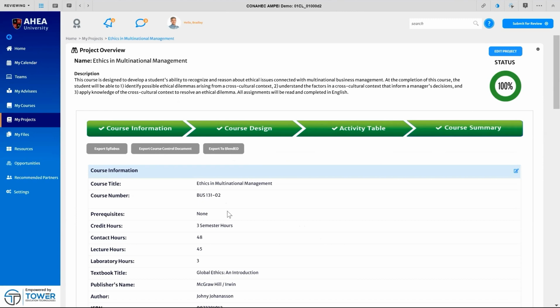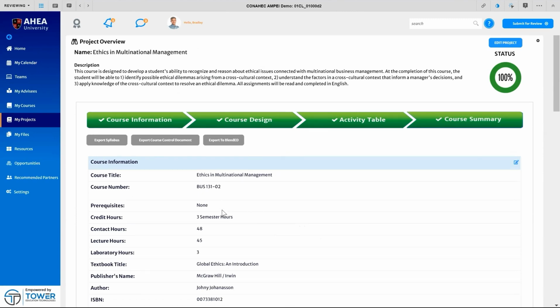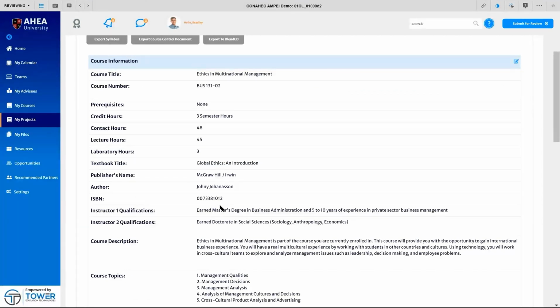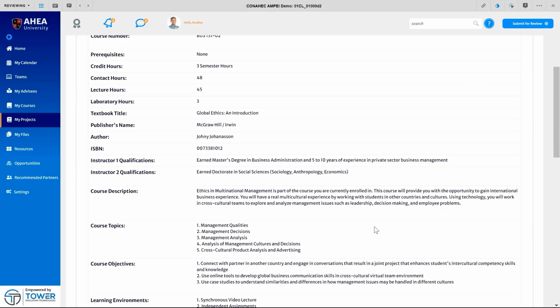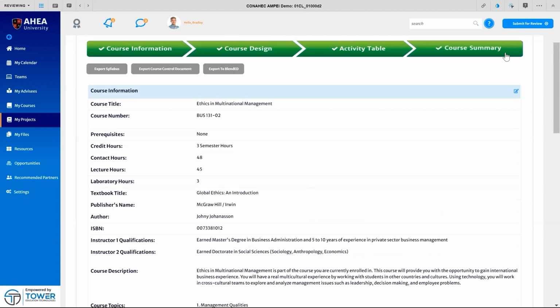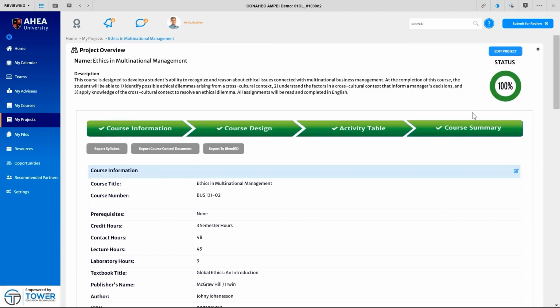If you find in reviewing that perhaps something isn't quite right, or you want to add another topic, or you want to change an objective, you can still go in and edit your project at this point in time. What happens is you would submit it for review. I'm going to click Submit for Review, and what we're doing on the back end is building in a workflow